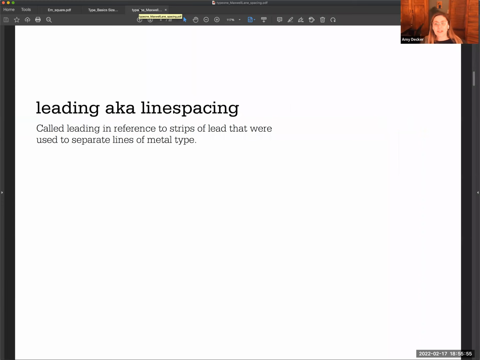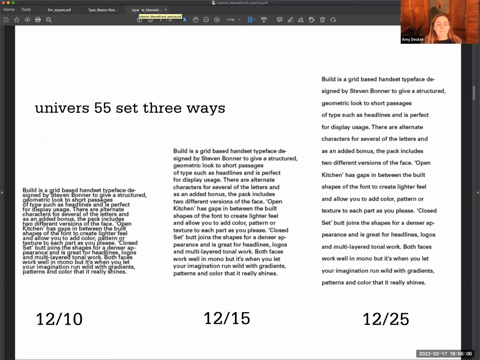Of course, leading is the term we learned from back when we were using movable type, when they were using literally bars of lead to separate the lines of type. So now we are going to look at leading